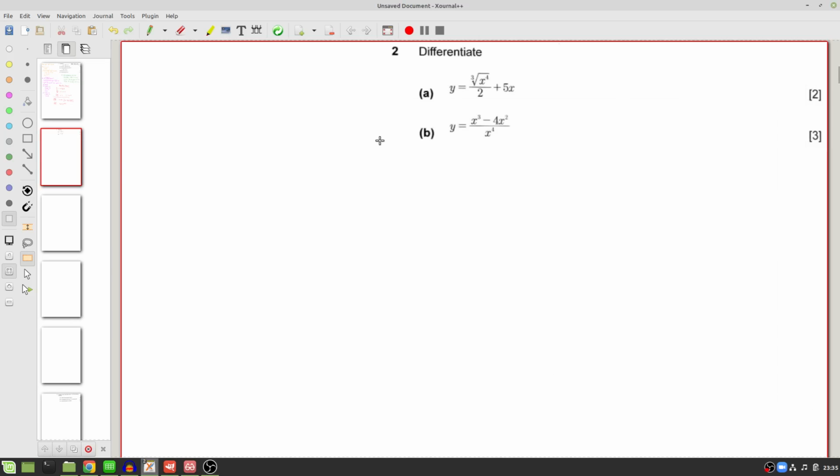Hi guys, welcome to question 2. We're busy with the November 2012 Namibian Higher Level Mathematics paper 2. Okay, this is question 2 and this is just two parts, 2a and 2b, and all we have to do